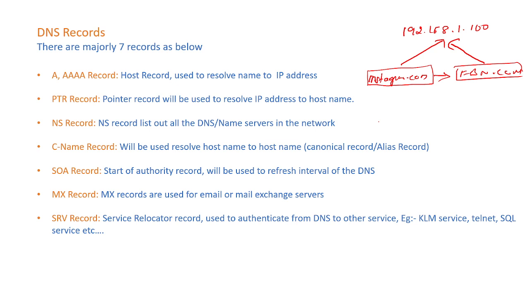And SRV records are there. If you have a specific service at your office, each and every service will have a record to define that yes, there is a particular service. For example, whenever you build any new laptop, it will ask for the license. You have to activate the license, correct? But if you are in a bigger organization where you have lakhs of laptops, it is very difficult to track which laptop is retiring, what is the new laptop, and how many licenses you have.